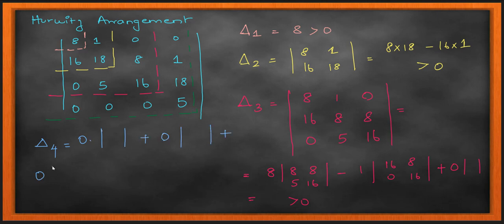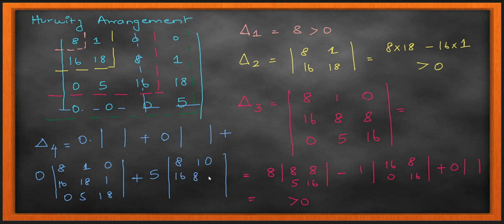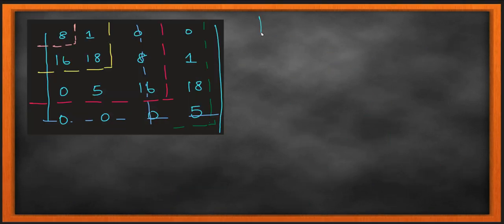For my delta 4, also the same way, I'm taking the 4th row, and inside I'm going to use my 3 cross 3 matrix, right? How do I write that? Particular row and columns are getting excluded and all other terms are getting included. Makes sense? Okay, I'll show this again for you. The 4 cross 4 matrix is the maximum difficulty you see in exam. So let me write that for you. How do you get this 4 cross 4 determinant from this matrix?